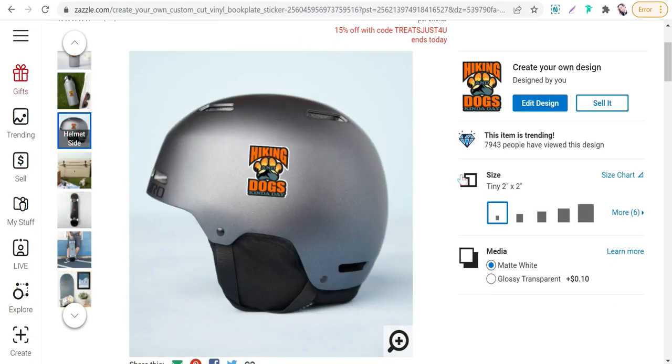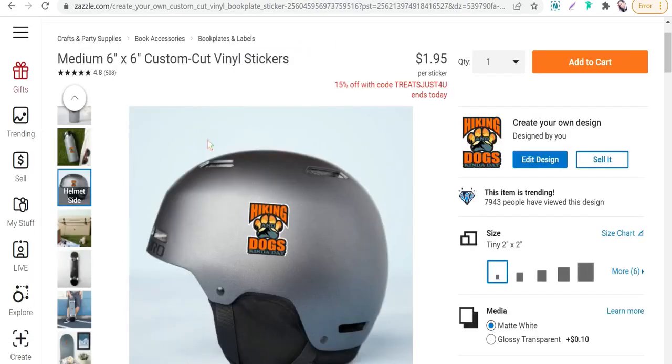helmet, and so on. Okay, and honestly speaking, one of the best things here on Zazzle.com, you will find some beautiful mockups that you can use for promoting your designs, your stickers on social media. And you'll find also up here a lot of discounts and offers that you can use to get more views, to get more sales.